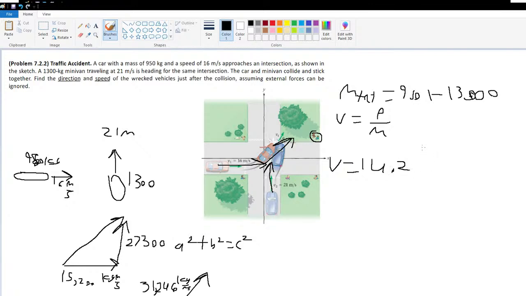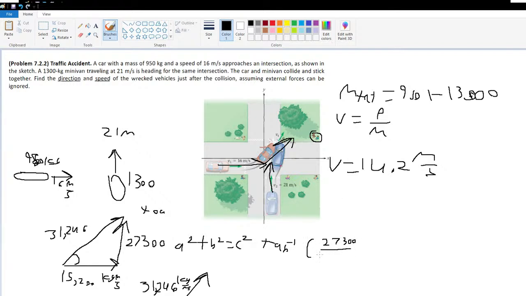14.2 meters per second. And then we want to find the direction, right? So we have a triangle with all these sides labeled. So we can just go like this. We're trying to find this angle, right? So we can just do tan inverse of opposite, right? Of where did this number go? Oh, that's, yeah, it's momentum. Okay, my bad. Yeah, so tan inverse of